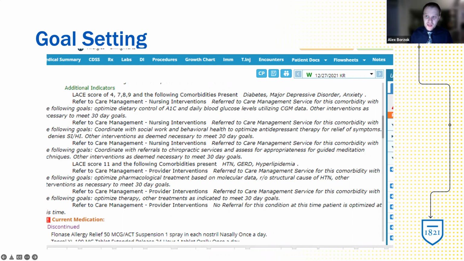Then of course, we also give the option to the primary care provider to make no referral at this time for this particular condition, because they may already be optimized. They may already have gone to the extent of their cholesterol control. It's under good enough regulation that we really don't need to expend the energy any further at this time to try to get that under wraps for the patient.